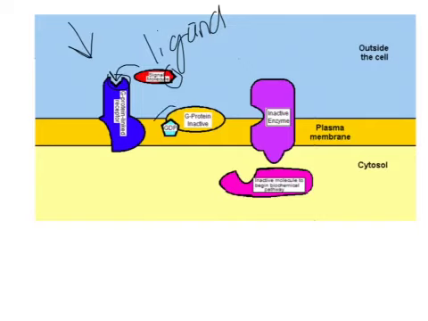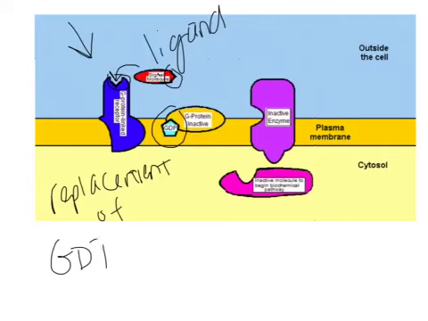You'll see the G protein here has a GDP attached to it. This ligand binding to the receptor triggers the replacement of the GDP with GTP. So I've got this receptor that is activated by the ligand, which triggers the GDP to be replaced with the GTP, which now activates